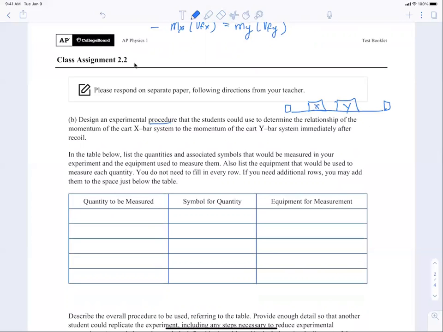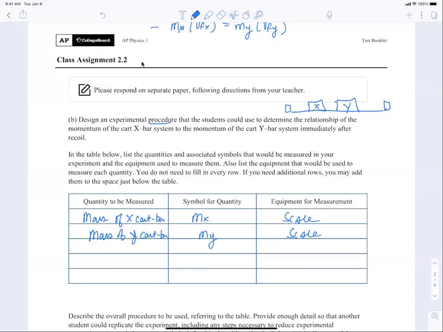You have to think about all the things that we need to measure. We need the mass of X cart, and it would be mx, using a scale. The mass of Y cart, and it is my, also using a scale. We need to measure velocity